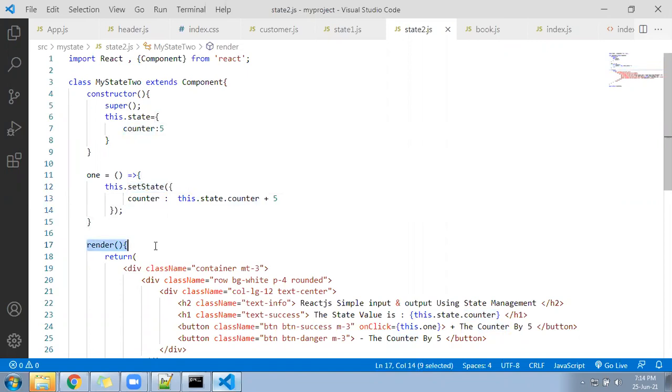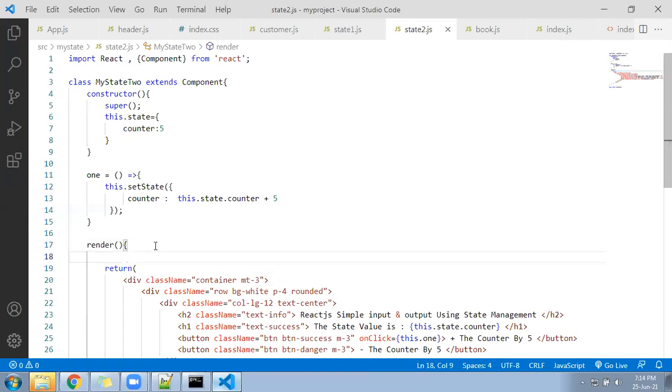Now let's see, come here and keep an alert. You will get to know. This render function is being called, brother. You are thinking render has not been called. No. As soon as you modify the value under the state, the render function has executed. Because of that, it has given the updated value of the counter. Go here, keep an alert for testing purposes.